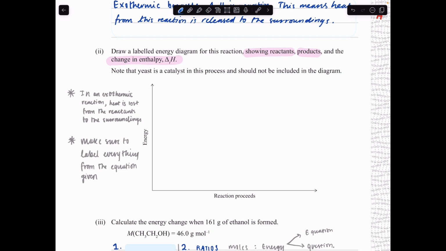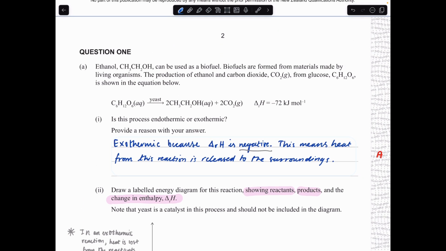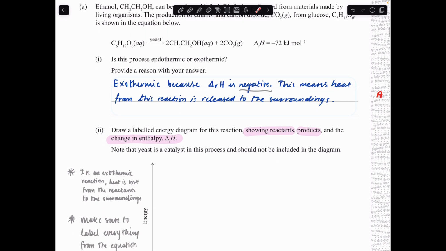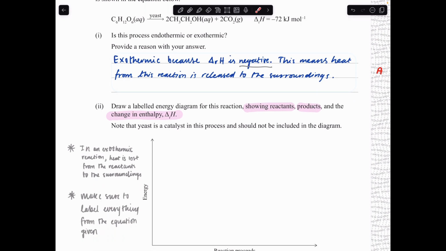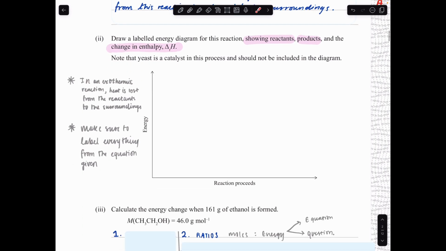Okay, so here's something that we need to understand. Because this is an exothermic reaction, the reactants are going to have a higher amount of energy than the products over here. The reason why is because energy over time is being released to the surroundings, which means that the products are going to have a lower amount of energy than they began with as reactants. Okay, so if we're drawing this